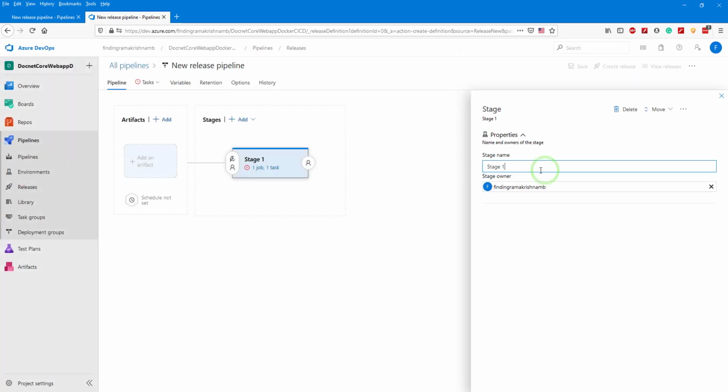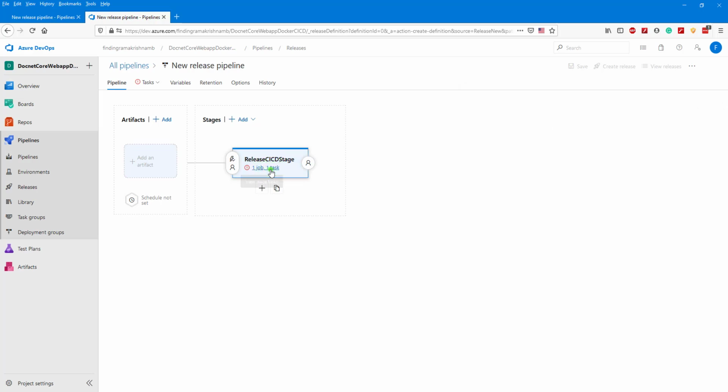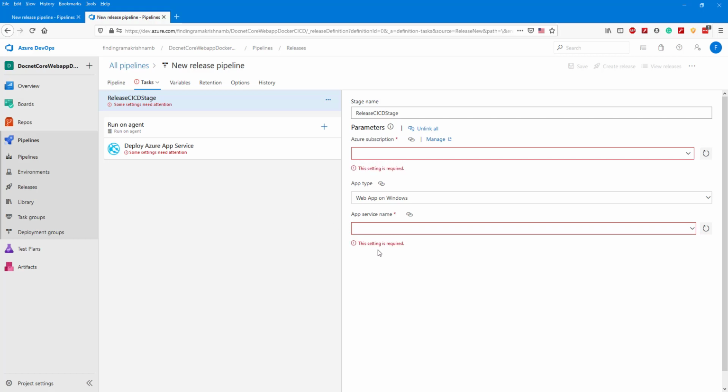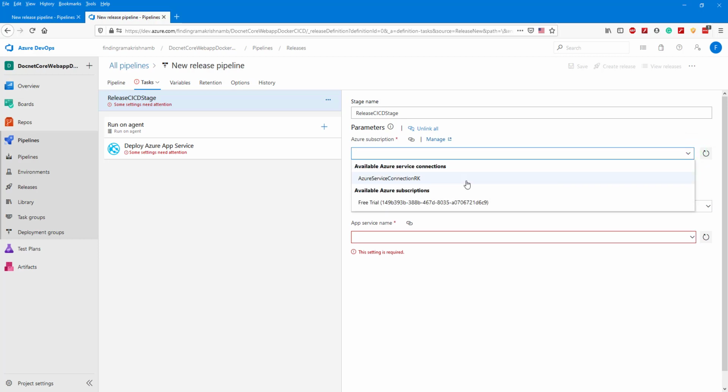Give a proper name, release CI/CD staging stage. And go to the job, select. If you remember, in project setting we also created an Azure service connection.